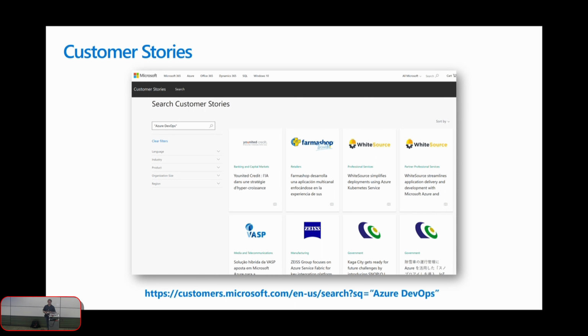I'm just going to throw up a couple informational URLs here, and I can share these slides too. So if you've ever wondered, can Microsoft tooling or Azure DevOps do this? Well, they've got this pretty neat website out there for customer stories that you can go to and type things in, like here in this screenshot, Azure DevOps. And it'll bring up all of these case studies they've done with various companies that have used Azure DevOps, and maybe they've used it on Linux, or maybe with Java, and you're just trying to understand, well, can I use it for my scenario? And so that's a really great resource for finding out about other companies that have done maybe what it is you're trying to do, which is really cool.